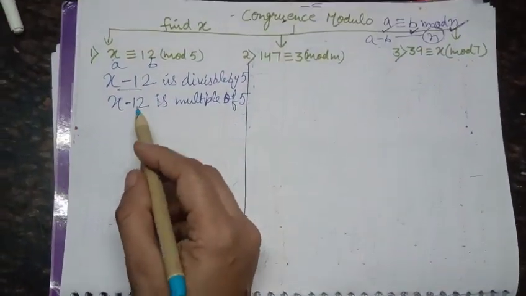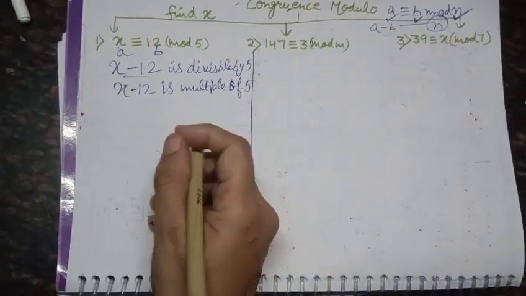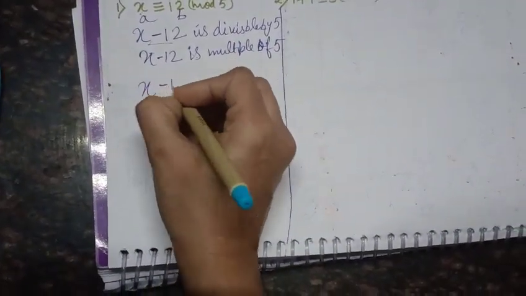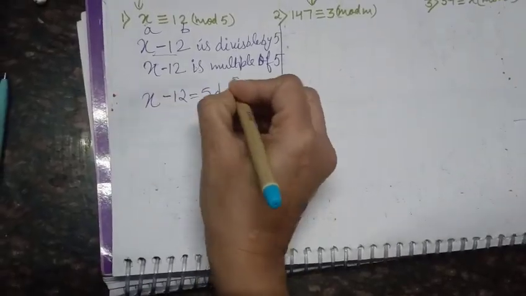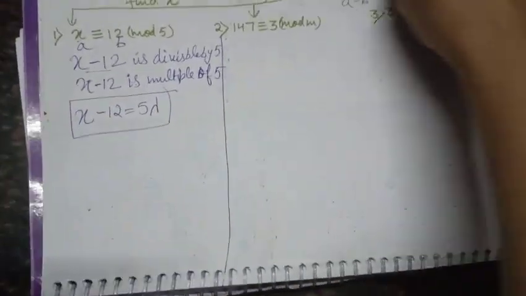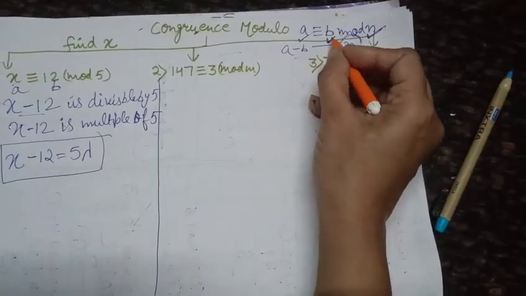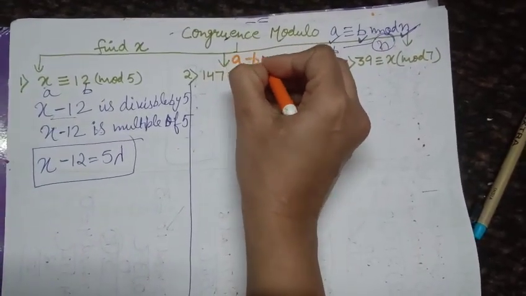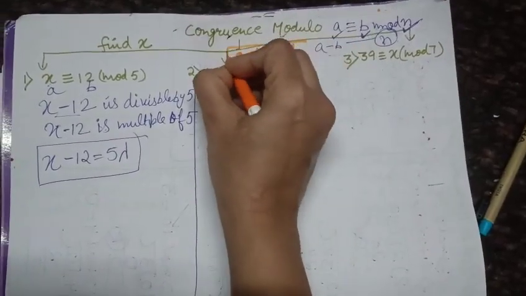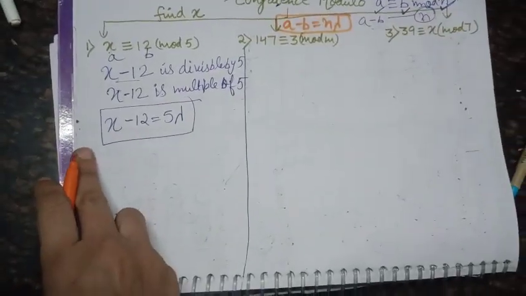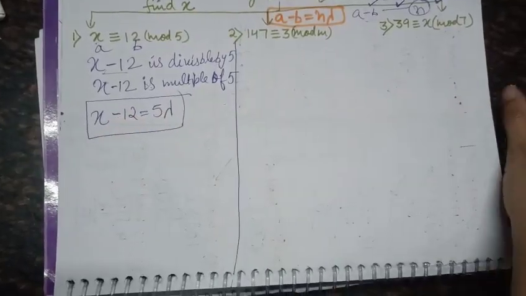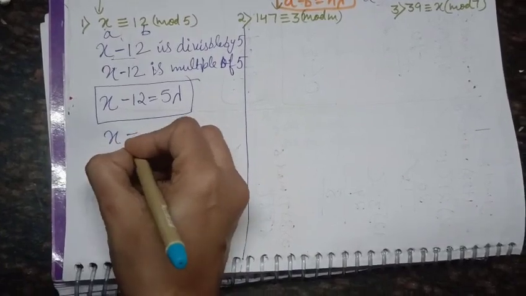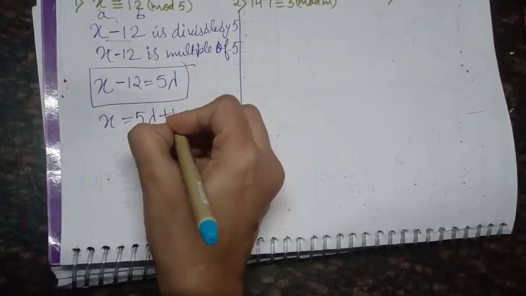And something is a multiple of 5, तो आप इस पॉइंट को ऐसे भी लिख सकते हो, x minus 12 is equals to 5 lambda. बेटा जब भी अपने पास a minus b डिविजिबल होगा n से, तो you can write it like this, a minus b equals to n lambda. यही प्रोसेस हमने ये यहाँ करी, x minus 12 is equals to 5 lambda. हमें x की वैल्यू फाइंड करनी है, सो x becomes 5 lambda plus 12,